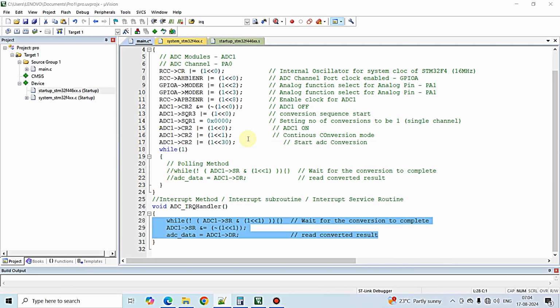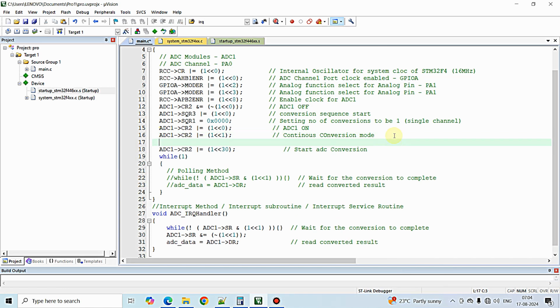So I am going to perform this before the start of ADC conversion. ADC1 CR1, EOC IE is enabled,